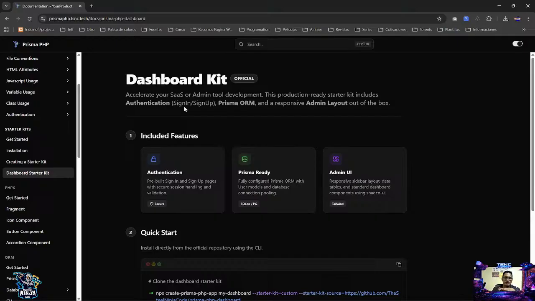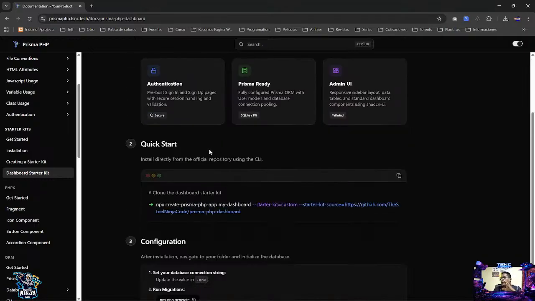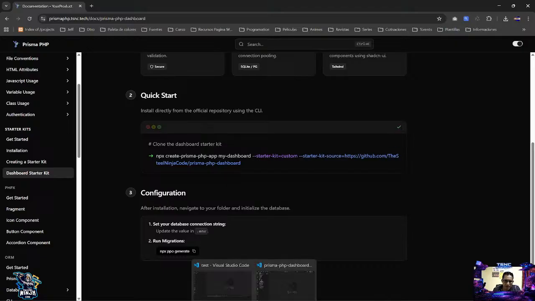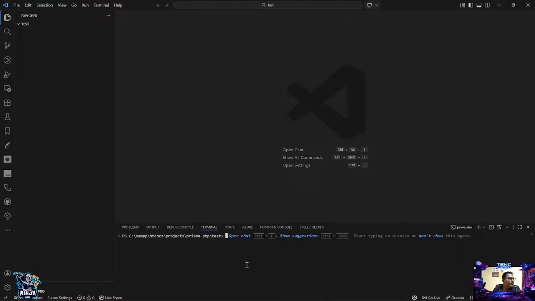We're going to start excluding files, because some files are going to be overwritten when you update the framework or when you install the dashboard starter kit. So when you want to use this dashboard starter kit, you're going to just copy this and you can go to your